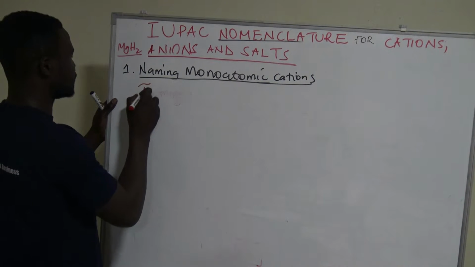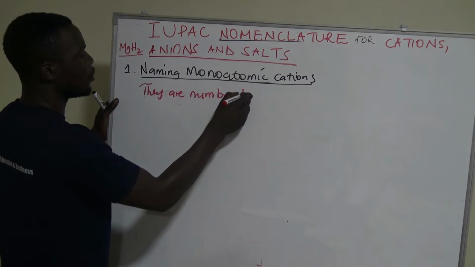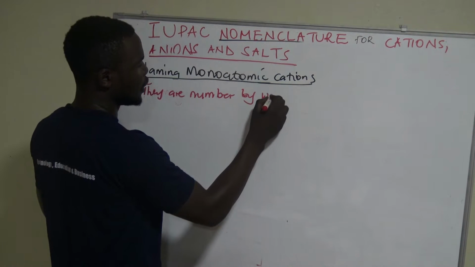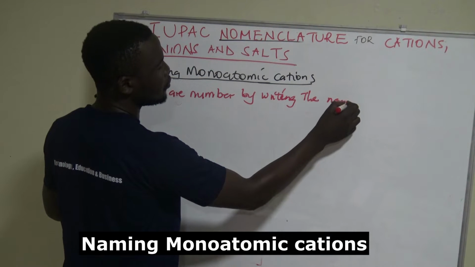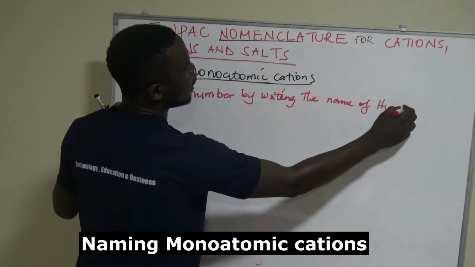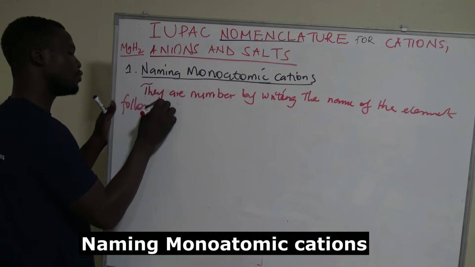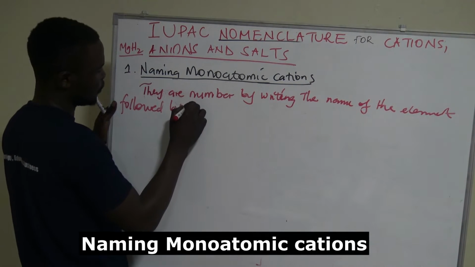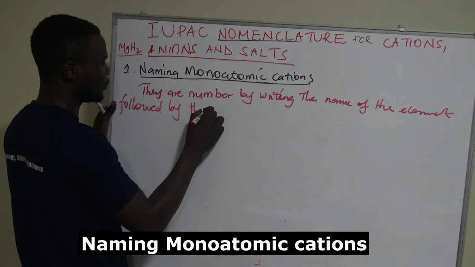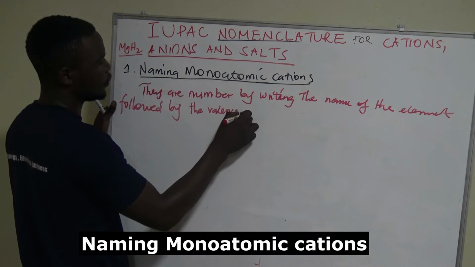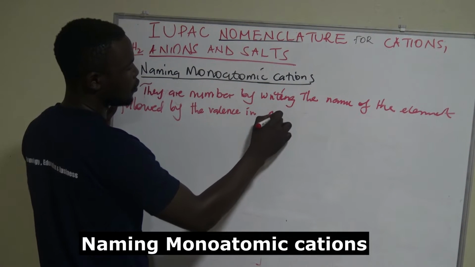We just begin and say that they are named by writing the name of the element followed by the valence, in correct Roman numerals,